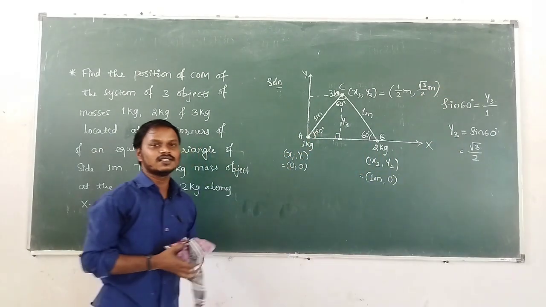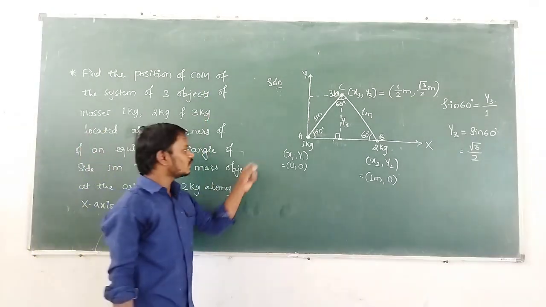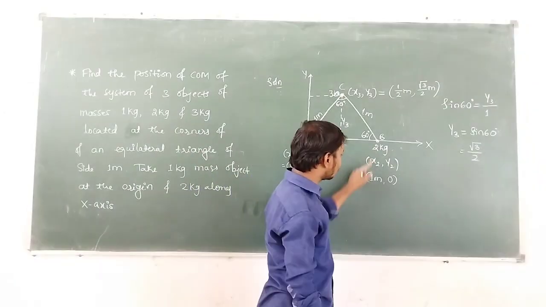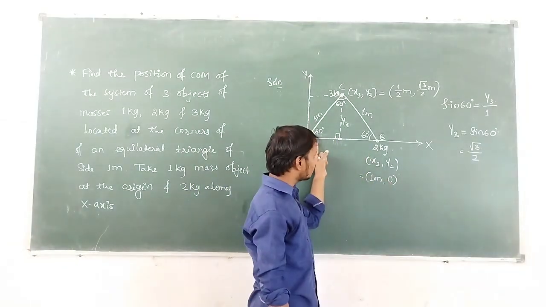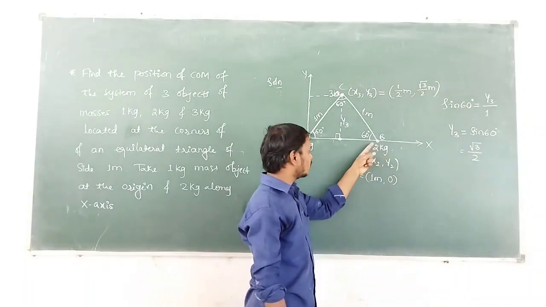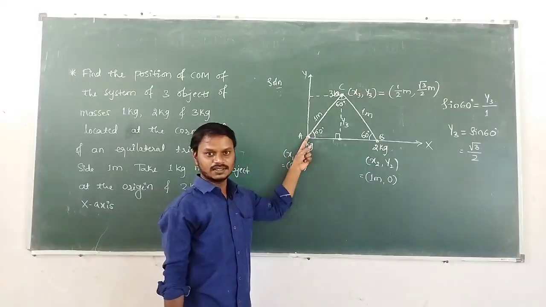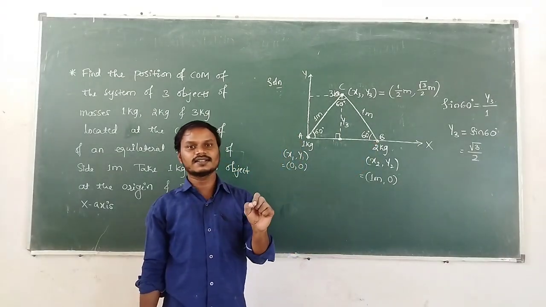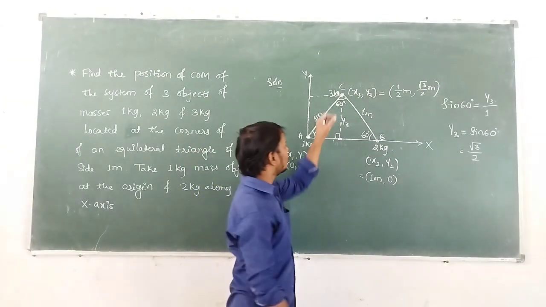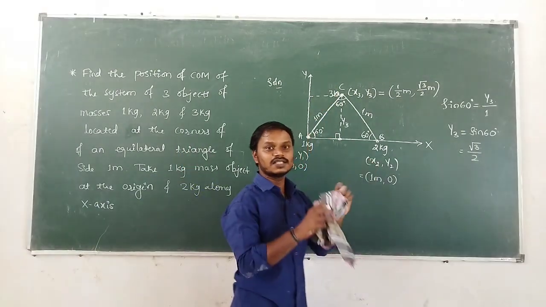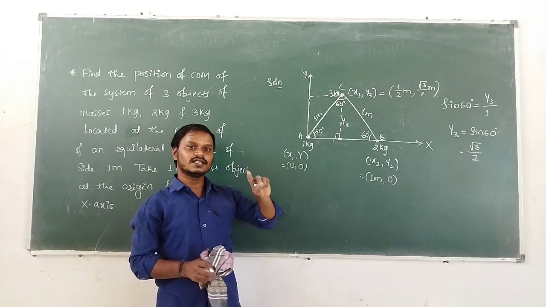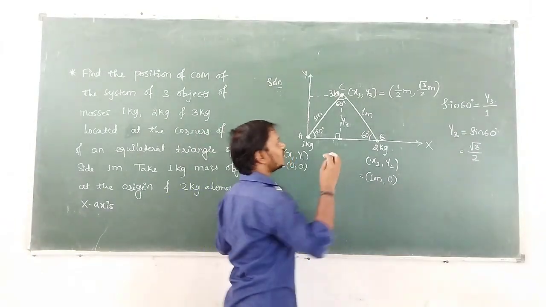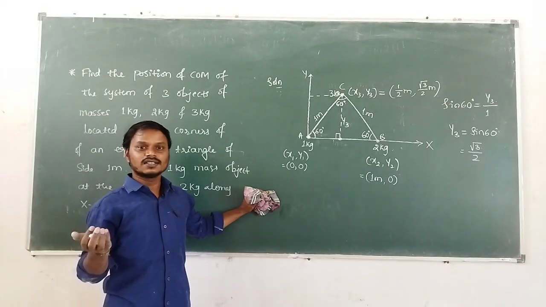So see here once again, what are the position coordinates of 1 kg? 0 and 0. Position coordinates of 2 kg, 1 and 0, because 2 kg is along the x-axis at a distance of 1 meter from the origin. But its y coordinate is 0 because 2 kg is on the x-axis. On the x-axis the y coordinate is 0. But the third object is in a plane, the xy plane. So it has two coordinates, the x coordinate and the y coordinate. Then how to find the x coordinate and y coordinate of the third object?